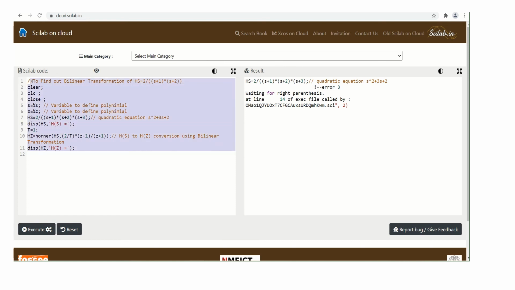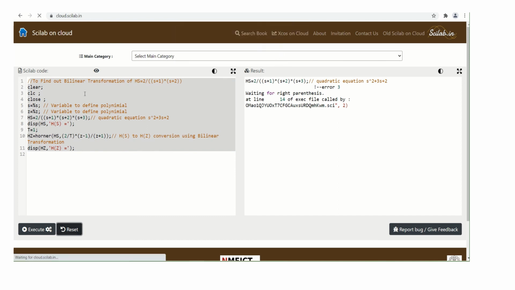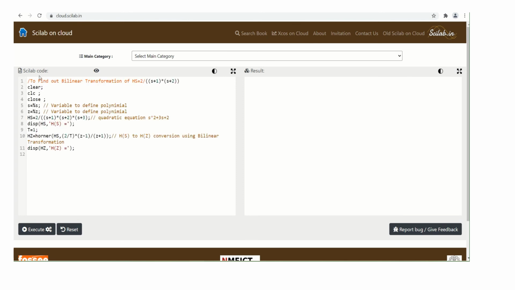Reset this. So we paste the code, it should be in double quotes. Now we will execute.